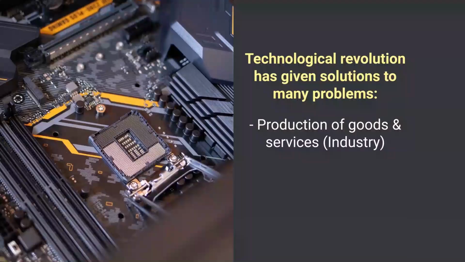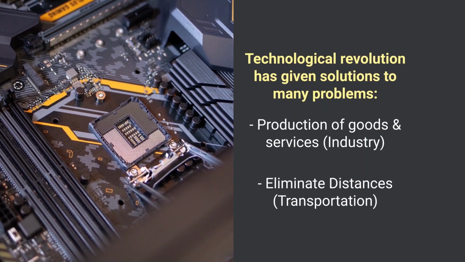It has also helped in eliminating distances by way of advancements in transportation. Technology has influenced socio-economic situation of the society in a huge way. It has helped in creating a global community. We all know we are all connected with either internet or our mobiles every day, every minute, every second. Technology has also helped in controlling diseases and promoting health and well-being. This is through advancements in medical technology.